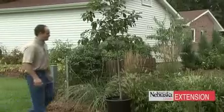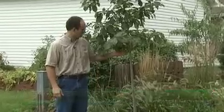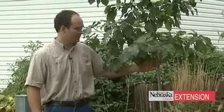On previous editions of Backyard Farmer, we've talked about a number of different aspects of tree planting and care. We visited the nursery on how to select a good quality tree, how to properly locate it in the landscape, and how to plant it at the proper depth and the follow-up care for establishment. And now it's fall. Fall is a great time to plant trees, and so we're going to talk about that